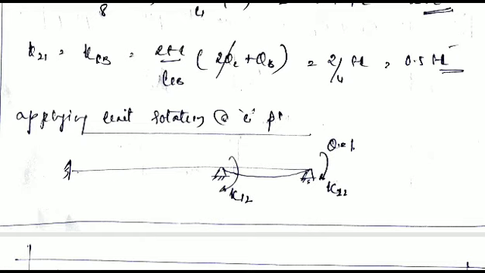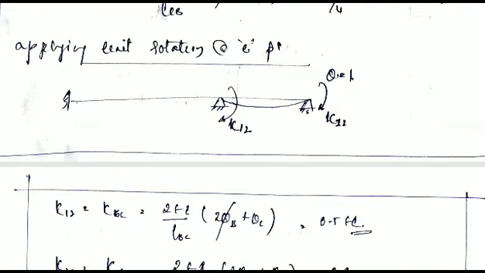So you can see the continuous beam here, ABC, where rotation theta equal to 1 is applied at C joint. Due to this single rotation applied at C joint, we can see the deflection in member CB only, while joints B and A will not have any rotations or any movement in the beam. So the stiffness factors at the first coordinate joint will be K12, that is the rotation at the first coordinate joint due to unit load applied at the second joint, plus K22. So K12 is the rotation at B joint, that is KBA plus KBC.